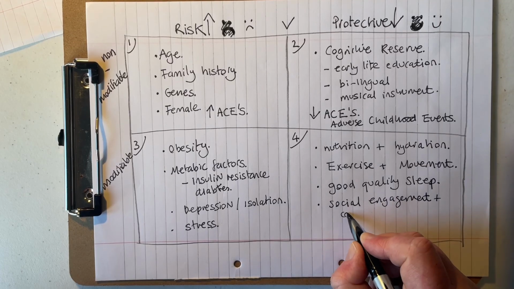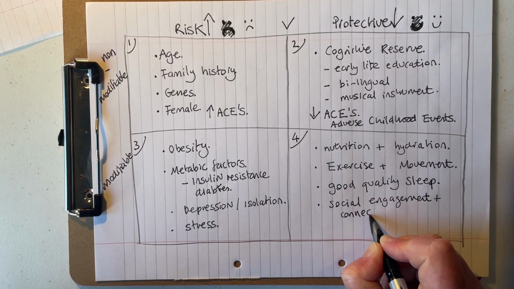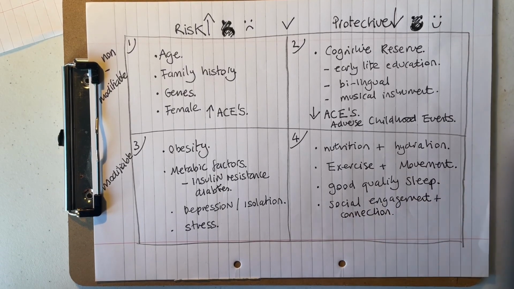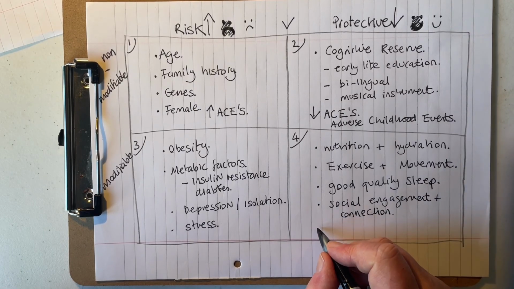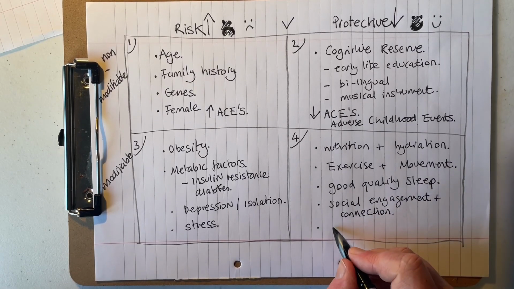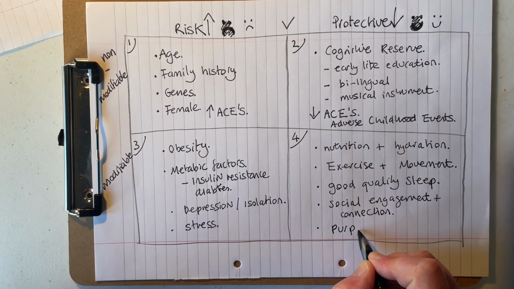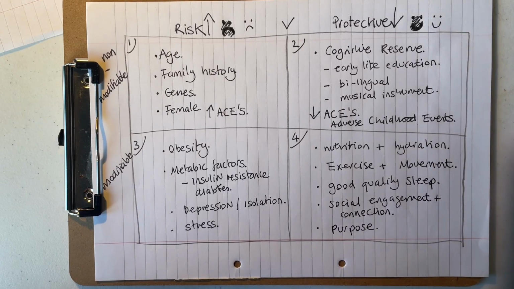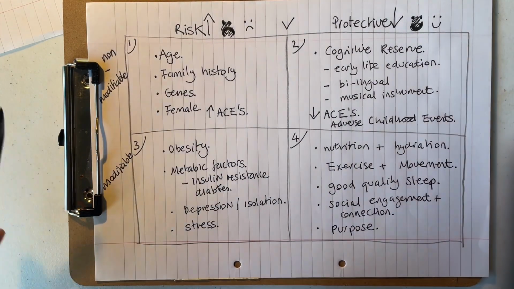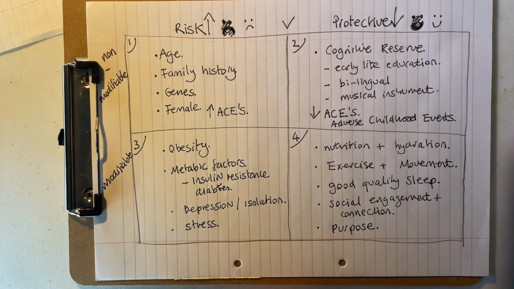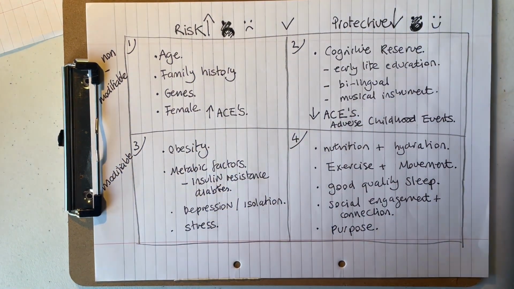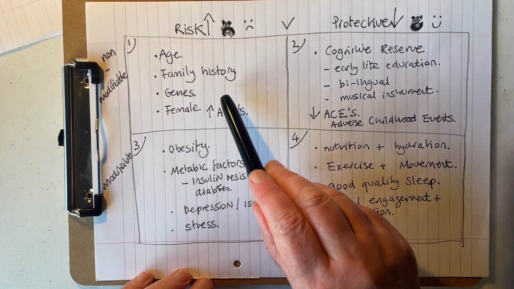And connection. And another one is purpose. So this is like the quality of what you do with your time, how you think of your time. And what I want to ask you now is how you feel in relation to these quadrants, in relation to